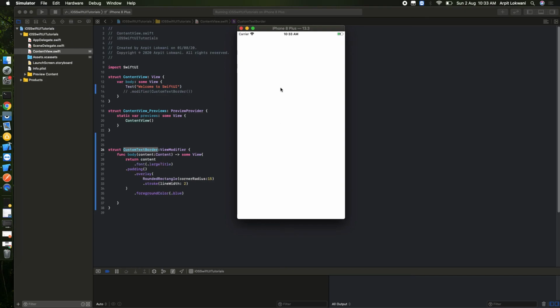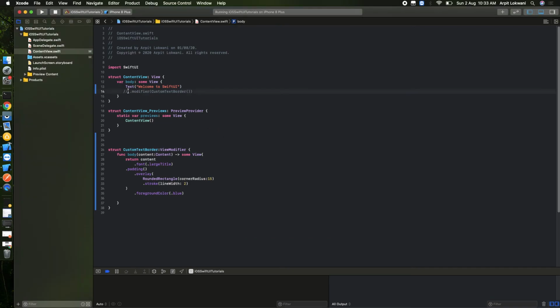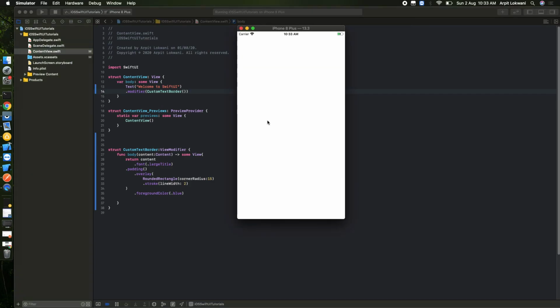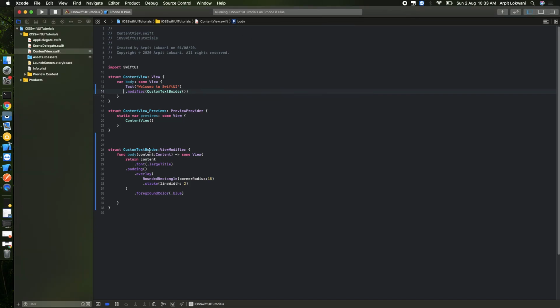So first it will come as simple text. So what it was: Welcome to SwiftUI. Now we added our modifier, we'll see what is the difference. Come on, come fast. So let's see, it should come, 1 2 3. Yeah, superb, getting my point, right? So I hope you understood the basic things, and after this also you can play around with all this stuff. You can create your own, whatever your requirement, you can do that.